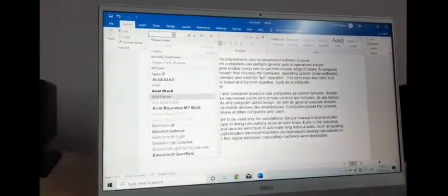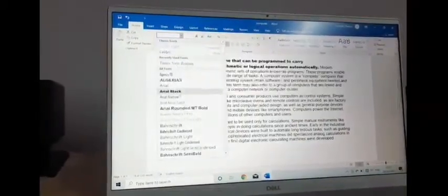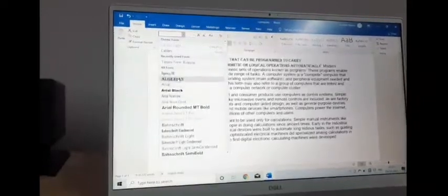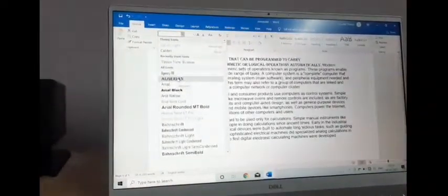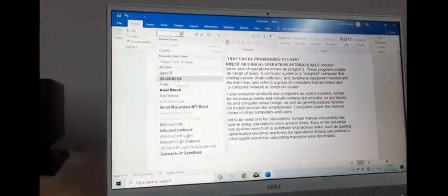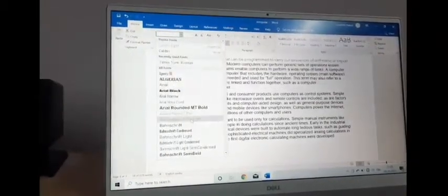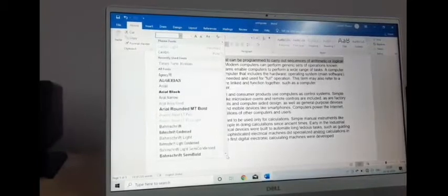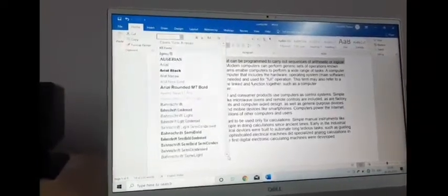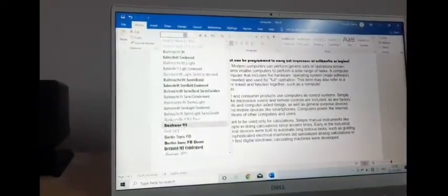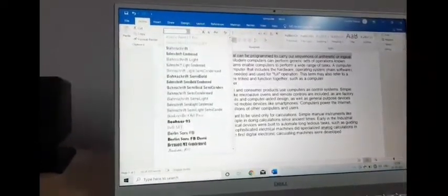Right now I am not clicking on any one of it. I am just keeping my mouse pointer over it, and you can see the change on my text. It will show you the preview that your text will appear like this, your text will appear like this. So you can choose any of the options from this. There is down button also. You can click on this down button and you can select any of the option according to your wish.